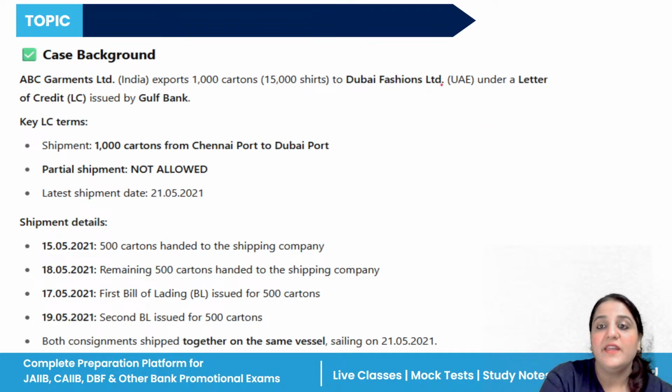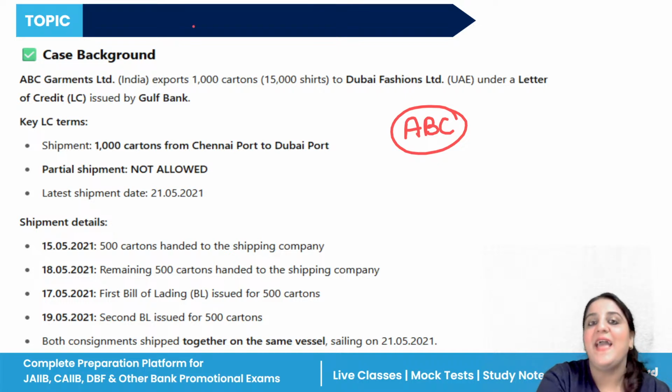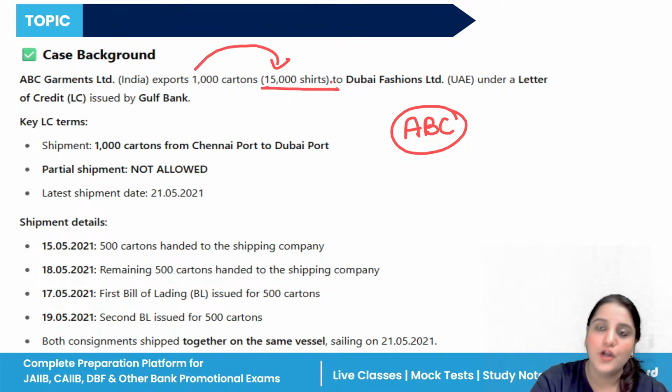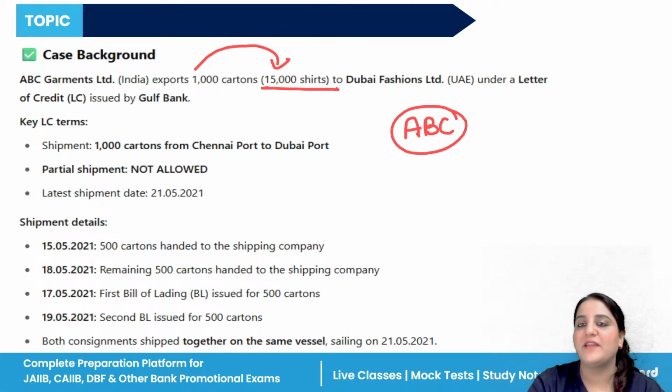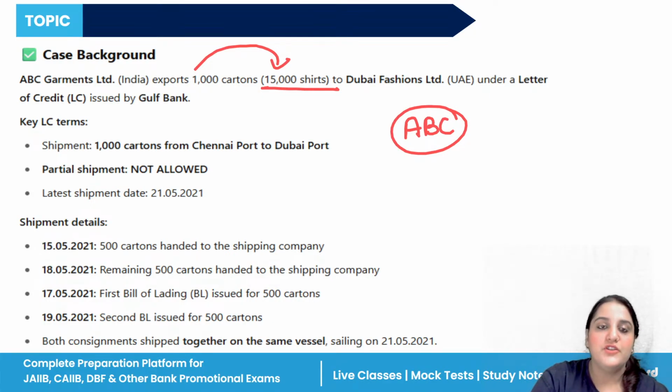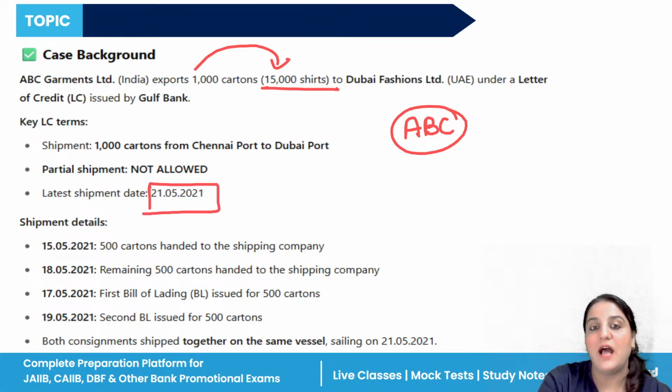Okay. There is an ABC Garments Limited in India. Exports 1,000 cartons, that is 15,000 shirts, to Dubai Fashions Limited, which is in UAE, under an LC issued by the Gulf Bank. Gulf Bank is the bank of Dubai Fashions Limited. Shipment is done from Chennai port to the Dubai port. Partial shipment is not allowed here. And latest shipment date is